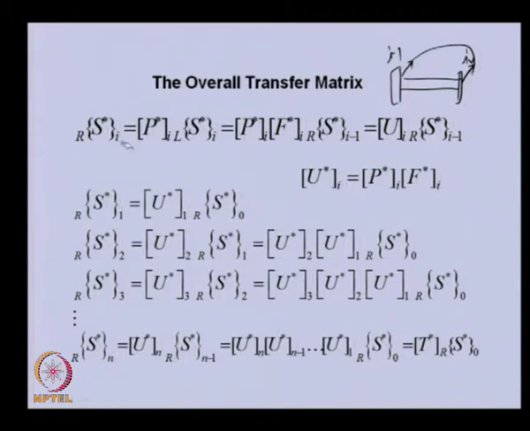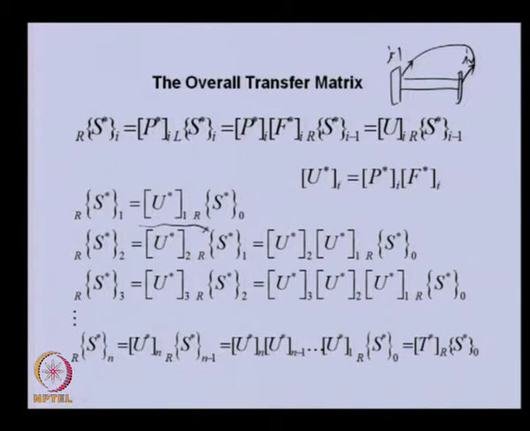Now, we can take this I as 1. If we take I as 1, we can see that the state vector right of 1 we can relate with u1, and the state vector at 0 station. Now, if I is equal to 2, then right of 2 is equal to u2 and the right of 1 state vector. Now, we can substitute